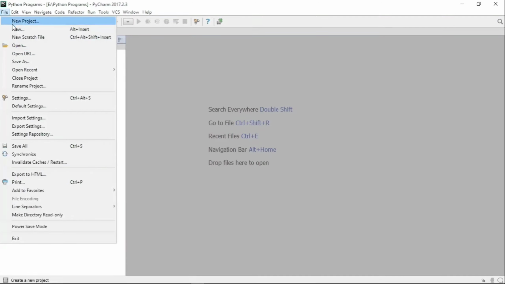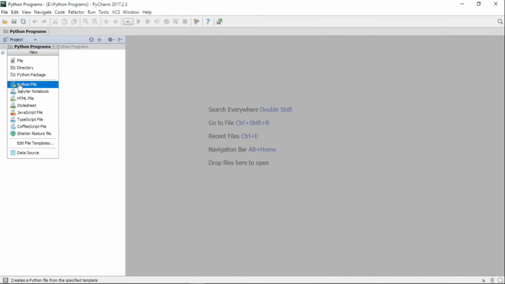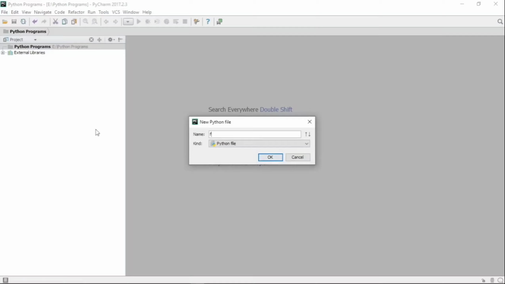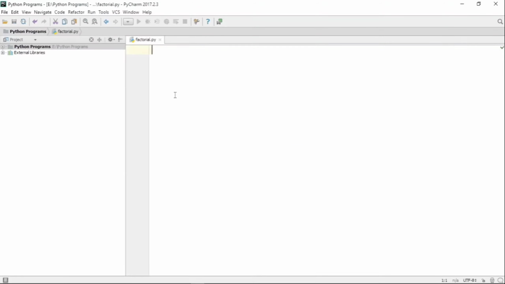In this video, we are going to see a Python program for computing factorial but using a user defined function. My dear friends, we have already seen the program for calculating the factorial of a number but without using the function. Here we are doing it with using the function.